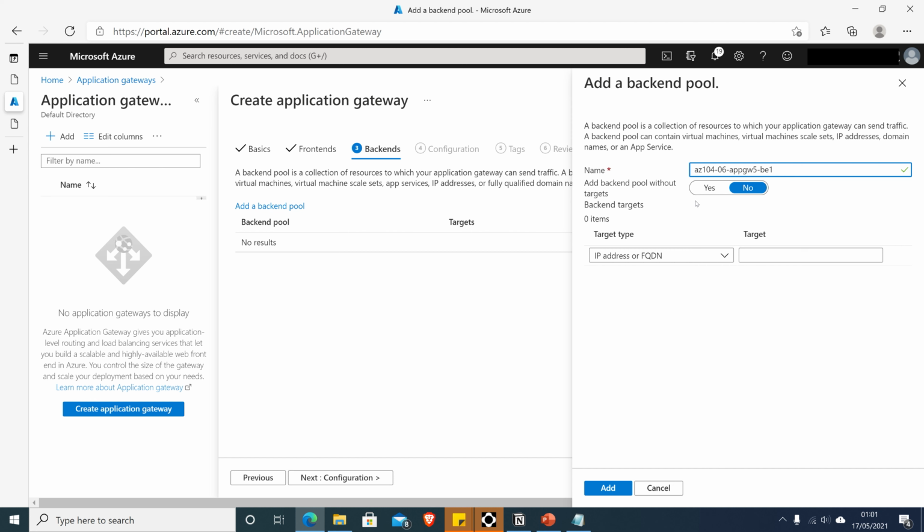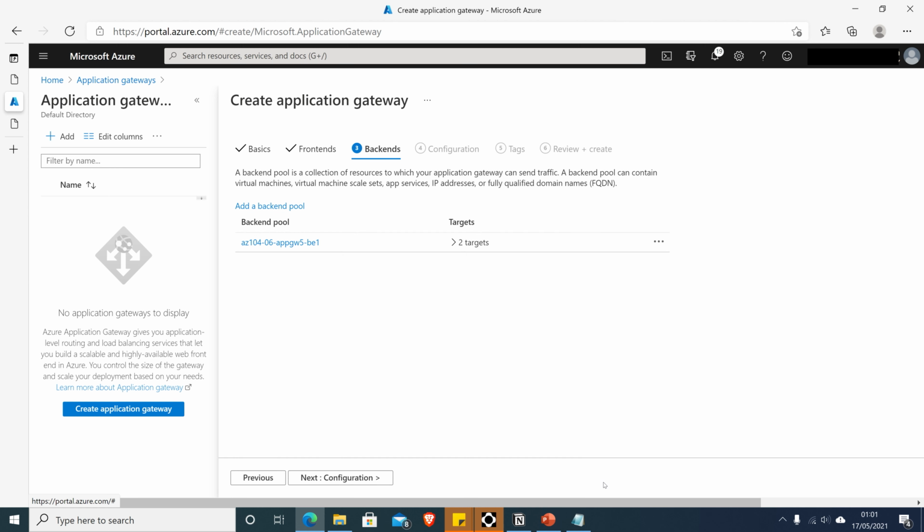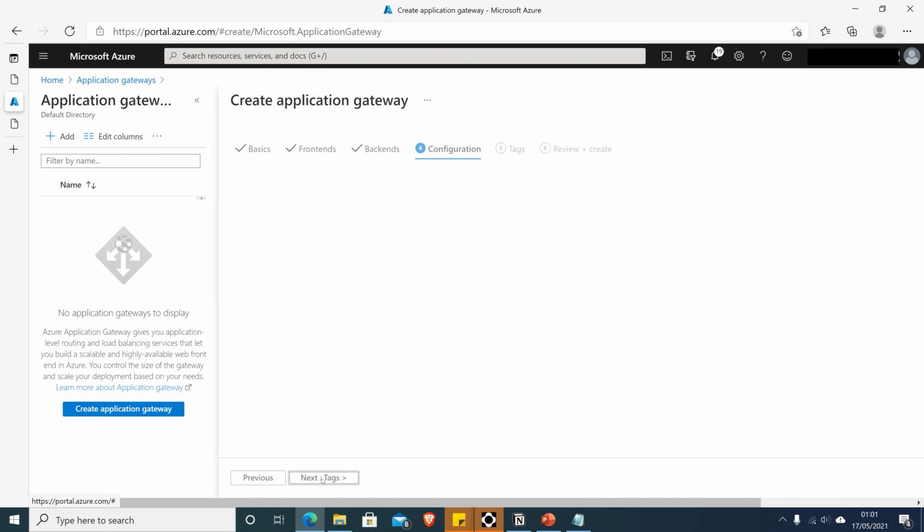And for the target type, IP and FQDN, I'll set the type as 10.62.0.4, and I'll add another one as 10.63.0.4. Okay, so I think that should do, and let's click on add. So we got two targets in there. Okay, that's good. So now let's click on next configuration,